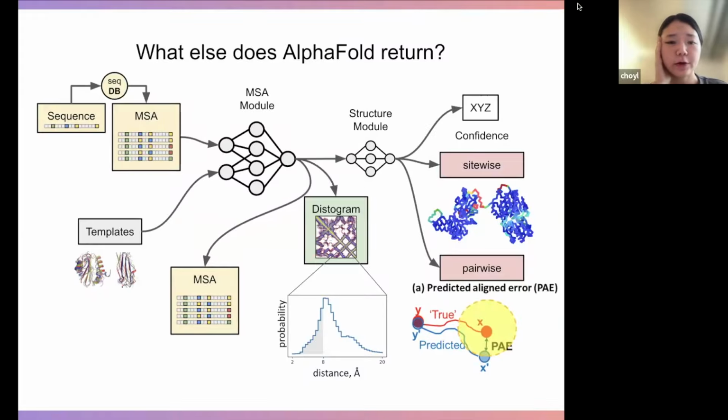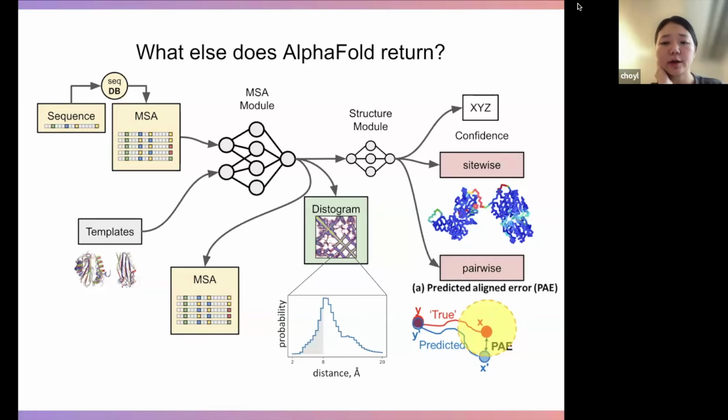So AlphaFold models, as you already know, take a sequence or multiple sequence alignment as input, and optionally a template. Through the MSA module and the Evoformer, the model processes the global information of the sequence and also gets contact information, processed as a histogram showing the probability of the distance between all residue pairs. Using this pairwise information as input,